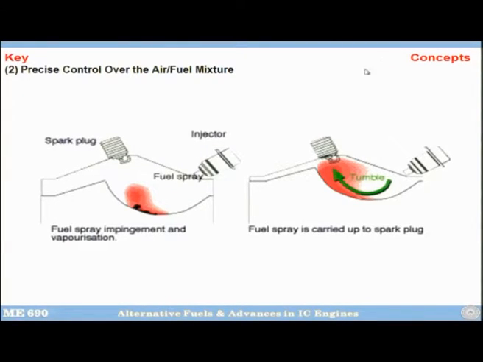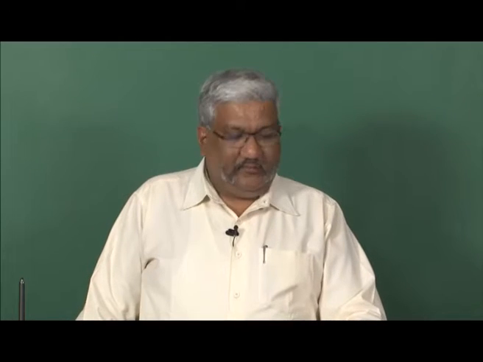So you see here, this is more clear here. What you are doing is trying to control the fuel air mixture strength here, but you are injecting the fuel here. So what happens when you inject the fuel, and this is when we are talking about stratified combustion mode, is that the injection is actually being done towards the end of the compression stroke.